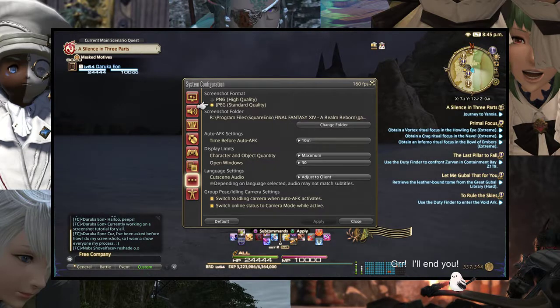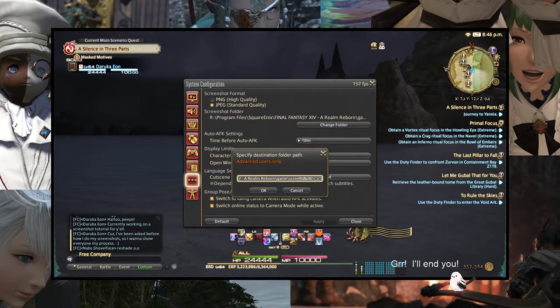folder location. So if you go under change folder, what you can do is highlight everything and hit Control C on your keyboard if you have a keyboard. I don't know how it's gonna work out if you have a PlayStation 4, so my condolences. But yeah, so hit Control C to